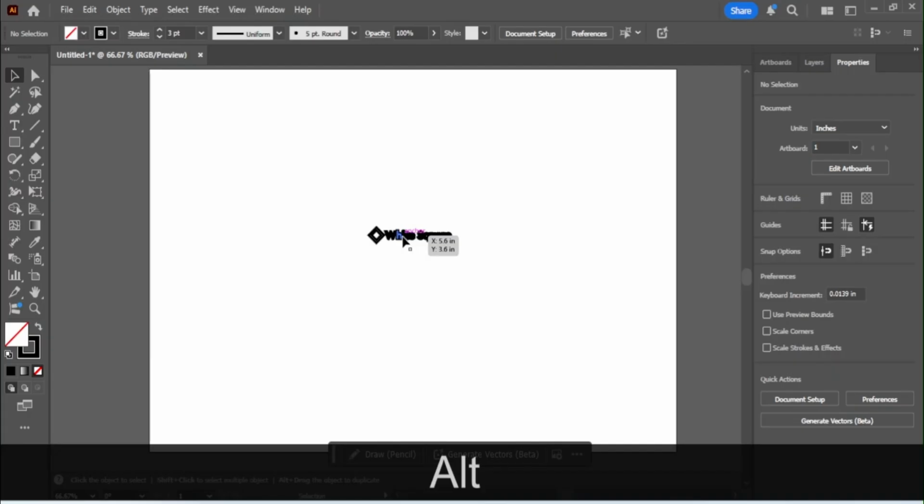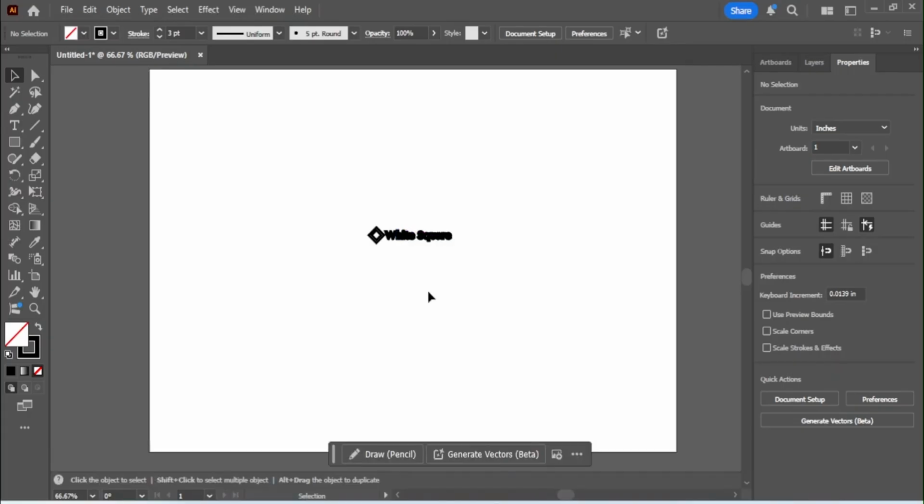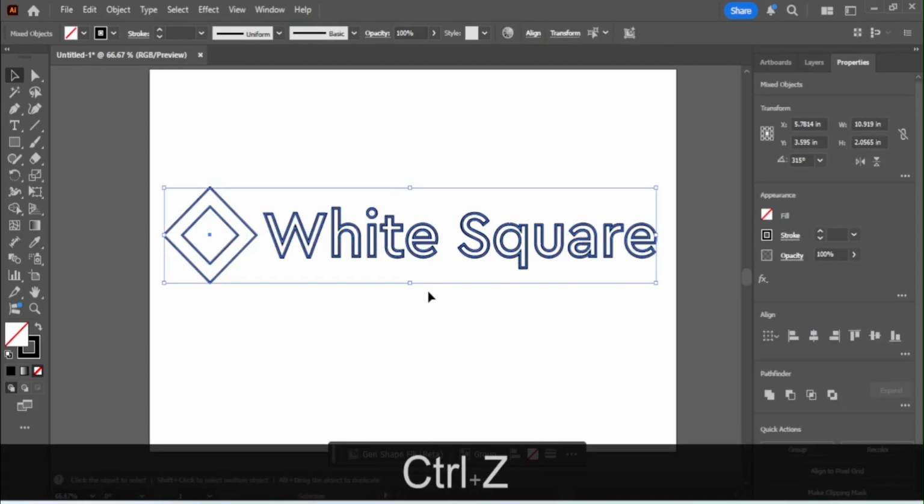Normally, I would have to manually adjust the strokes every time I resize it. But there is an easier way. Let's just undo